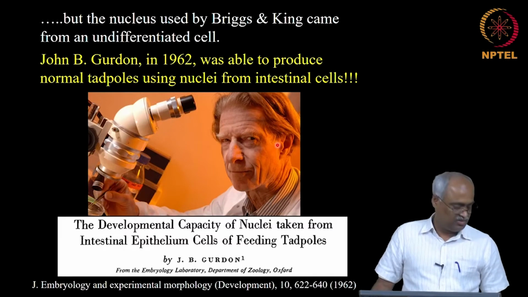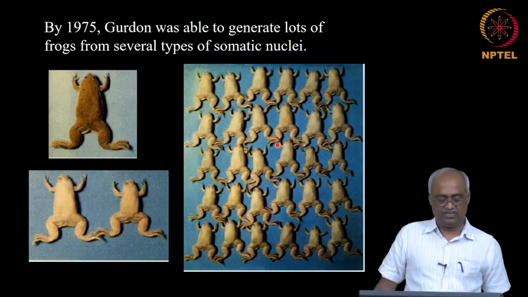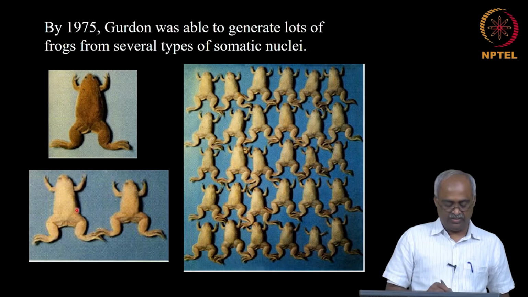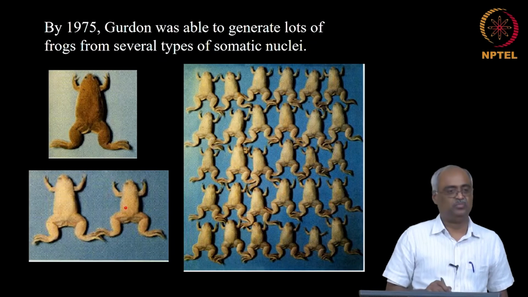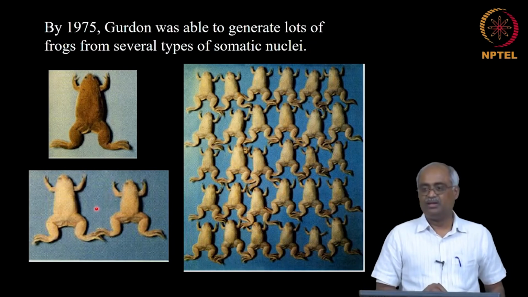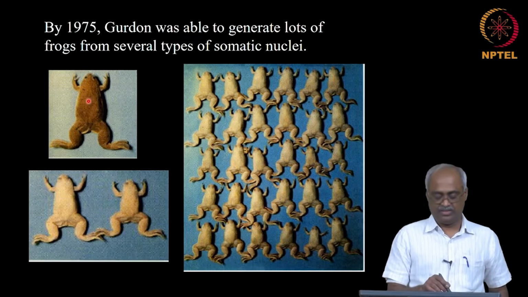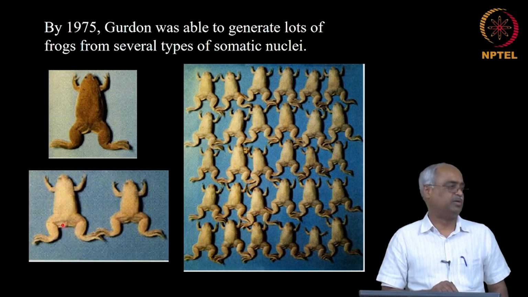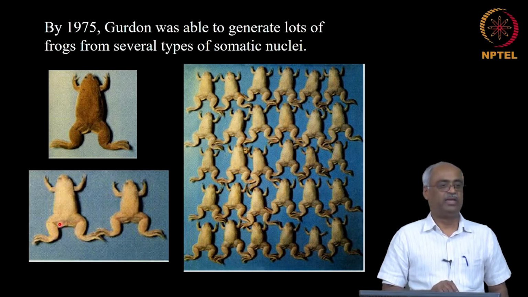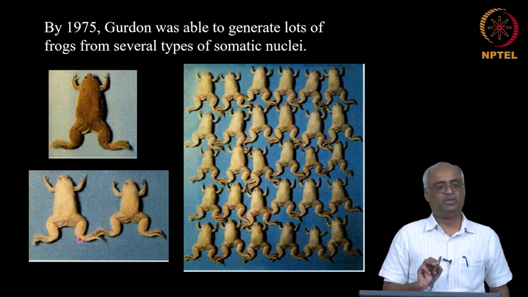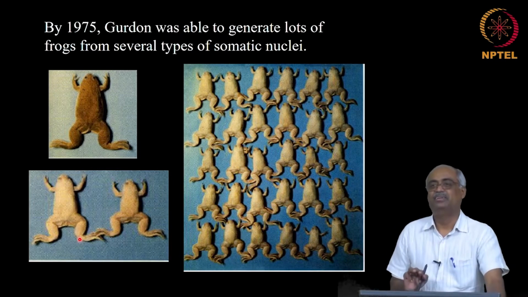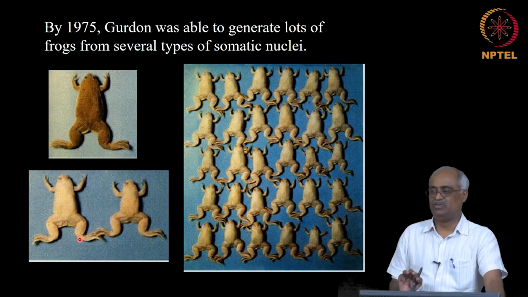And using different genetic makeup, for example, here you have a dark colored frog, and you take the nuclei from this light colored one and use its egg, then you show that all the progeny are like the nucleus donor, okay, showing two things: one, the nucleus directs development, and second, evidence for genomic equivalence, right.